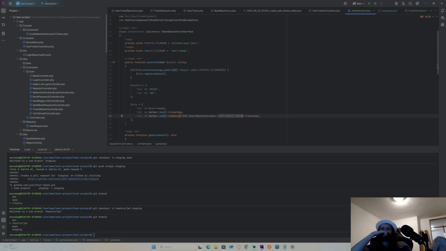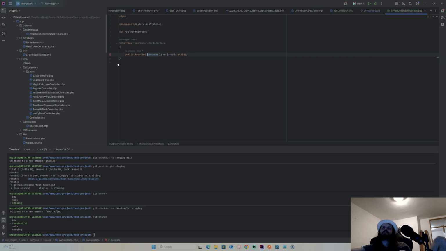I don't want to pass type. I don't want to pass any additional parameters here to the token generator. Actually I can pass type, but that type is going to be used only for JWTs, and that's, let's put this optional as type on the interface,